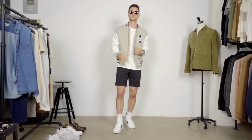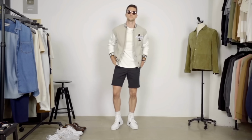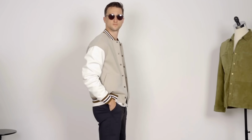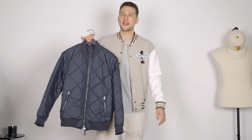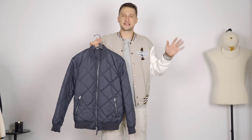Really nice, and also the Varsity jacket that I'm wearing right now, I actually got a season ago. And they still have it on the website, so if you like this version a bit simpler, leaning a bit more into the earth colors, a bit more wearable, I would argue, with the brown, tan, and the white, that's also still available. Similar, but a lot more classy, dressed up, lending itself at least towards that style more easily,